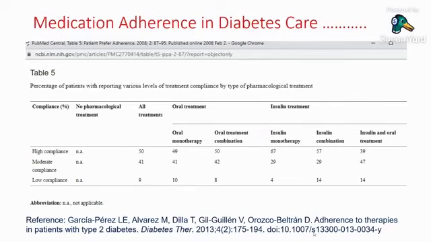And here you see that they have divided into high compliance, moderate compliance, and low compliance, and they have shown that the percentage of patients with high compliance with all treatment is 50%, as opposed to moderate compliance at 41% and low compliance at 9%. When you think of only oral monotherapy, it is 49%, as compared to oral combination, where the compliance rate increases a little, 49 to 50 only. Similarly, moderate compliance is also a little more, and low compliance, monotherapy is 10 and oral combination is